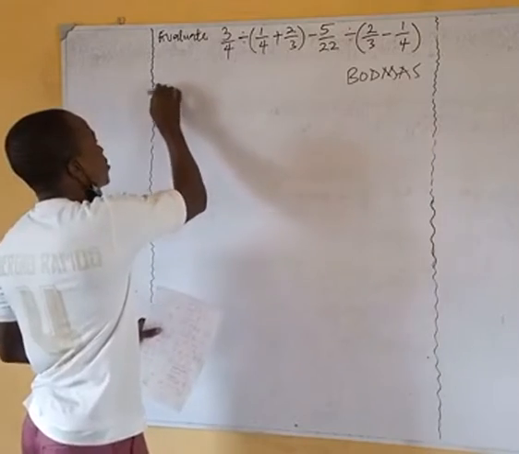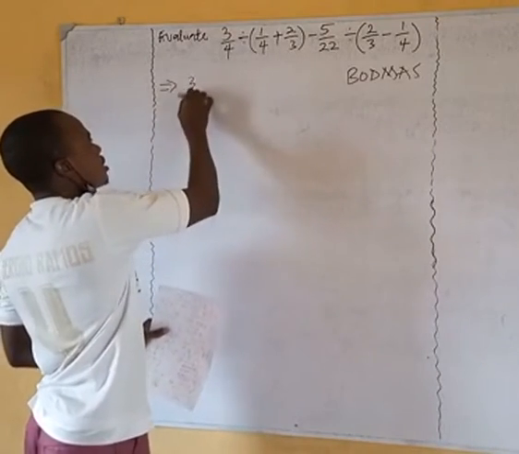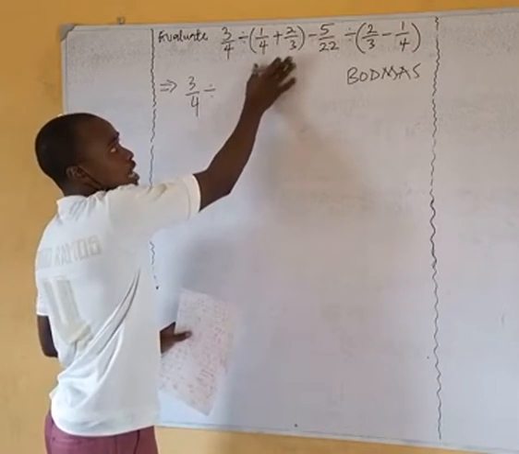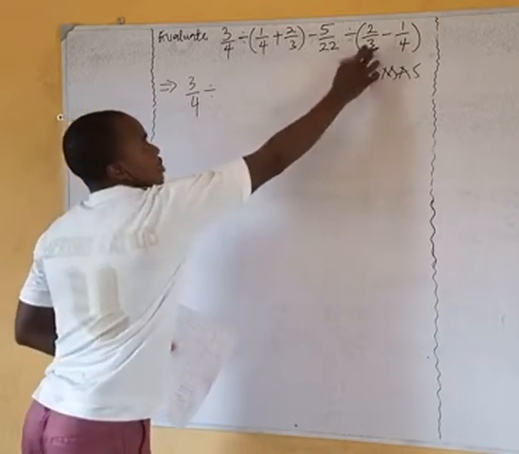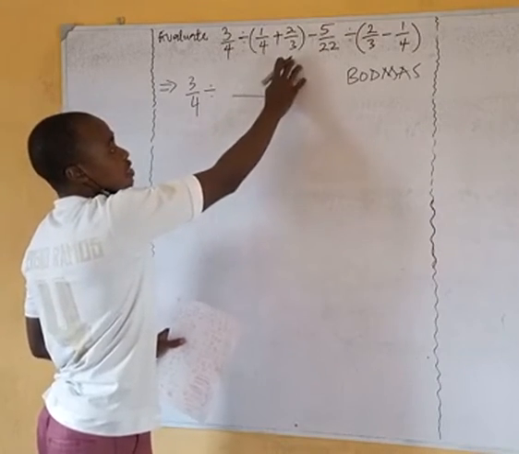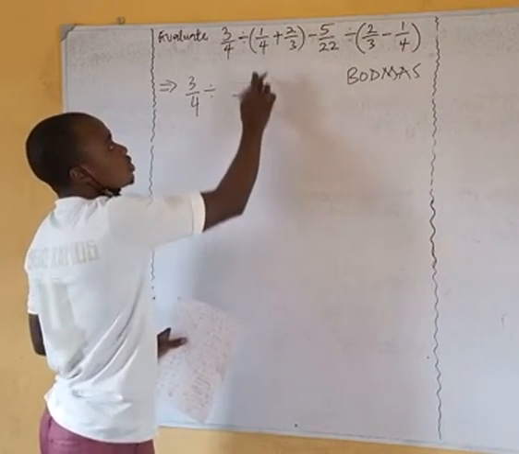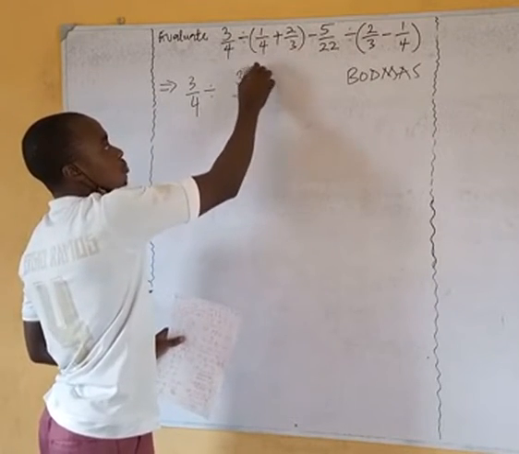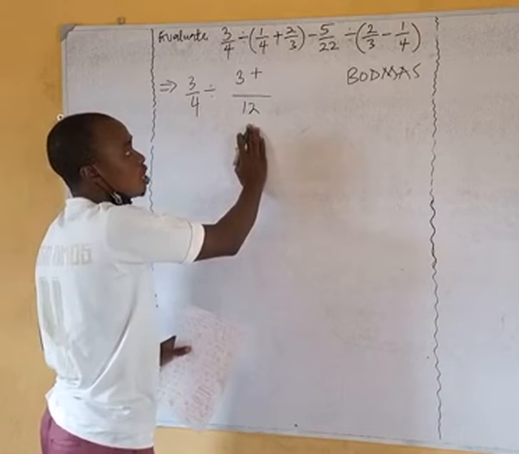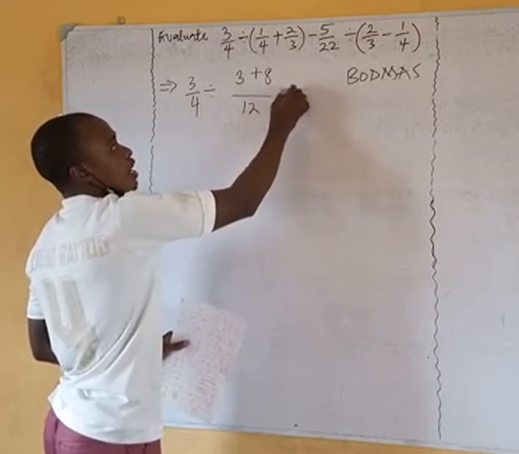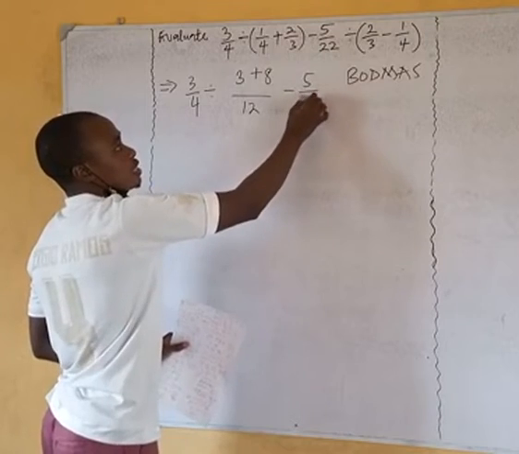The first thing we do is keep this part fixed, because our main focus is the brackets. We take the LCM of 4 and 3, which is 12. 4 in 12 is 3, and 3 times 3 gives us 3 plus 3. 3 in 12 is 4, and 4 times 2 gives us 8, minus 5 over 22, divided by